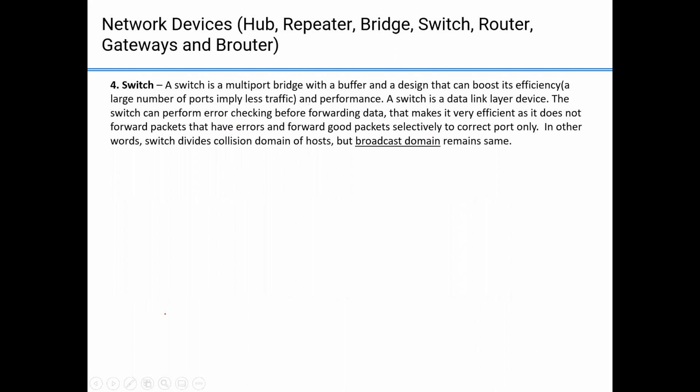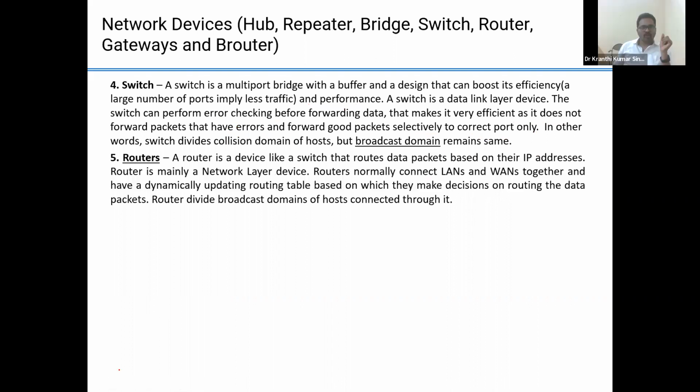Thanks. Right. And next point, router. So what is the purpose of a router? A router is a device like a switch that routes data packets based on the IP address. Because a switch is a bridge, and a bridge works on the data link layer, and a bridge has the MAC or device address only. So when we have a device address, at most we can communicate